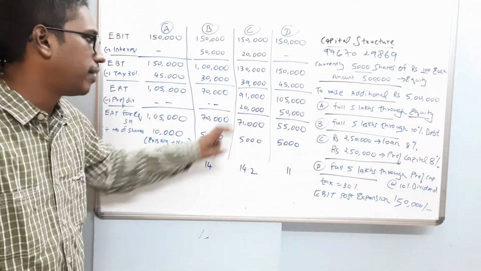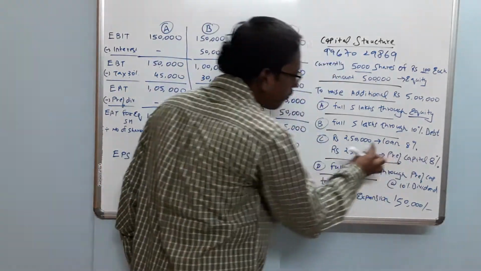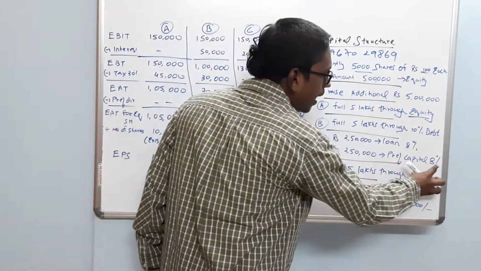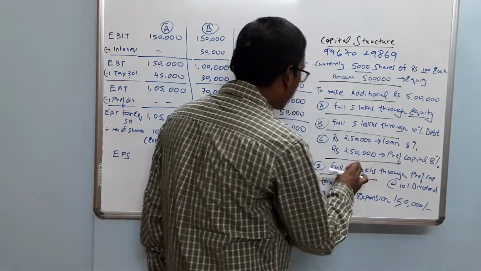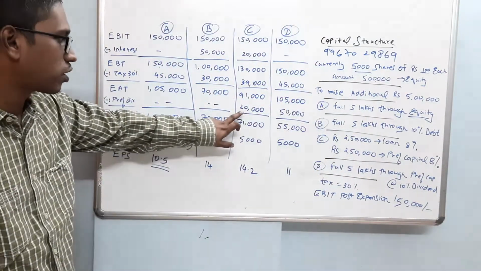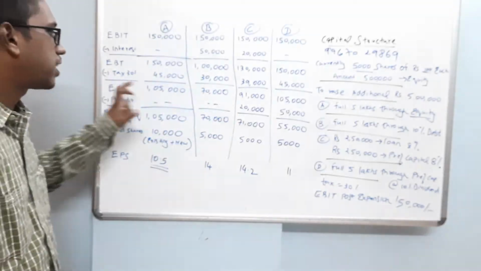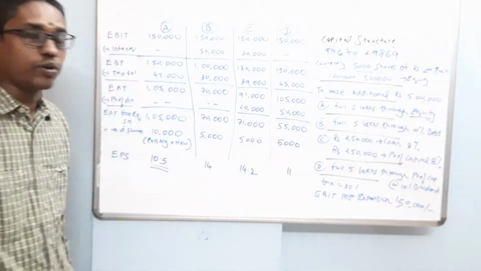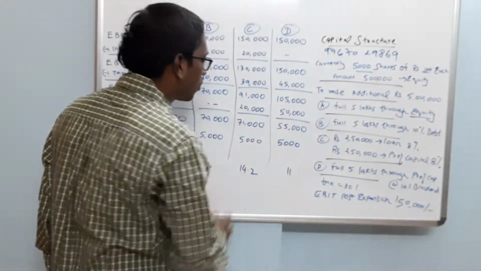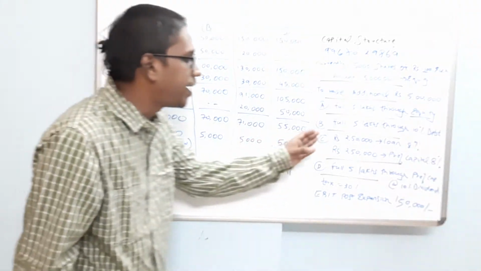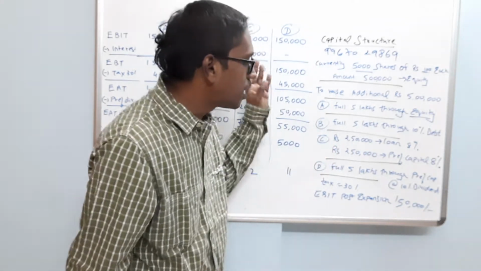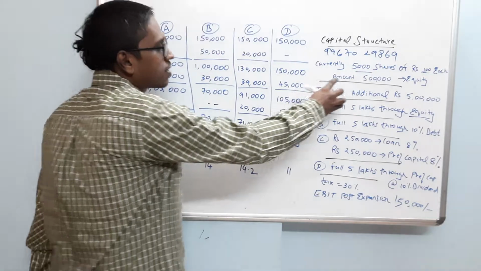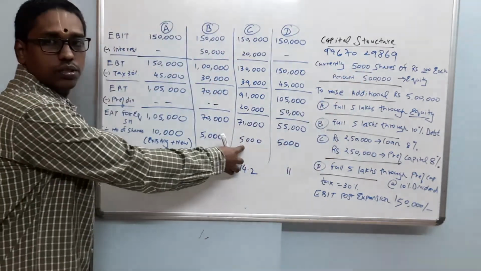Now, preference dividend. We have 2 lakh 50 thousand of loan, we have 2 lakh 50 thousand of preference. So on 2 lakh 50 thousand of preference, we pay 8%. Again 8% of 2 lakh 50 thousand amounts to 20,000 rupees. So preference dividend is 20,000 rupees. So after paying preference dividend, the amount available to equity shareholders is rupees 71,000. No new equity shares have been issued. You are issuing only preference capital and you are raising through loans. So the existing number of shares remains the same, 5,000.